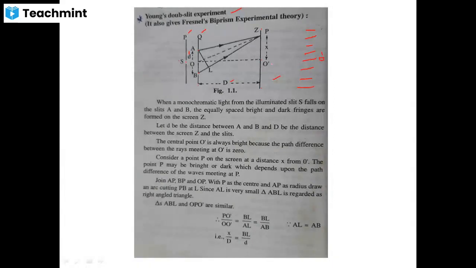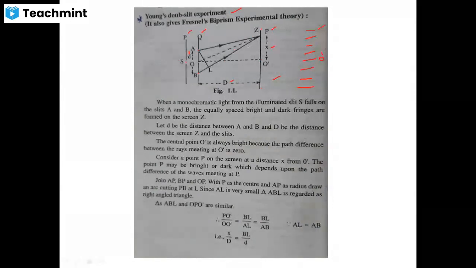Then from this central maxima, we have taken one particular band at a location P. Let's say, for example, I am taking this band. What is the distance from this band to this band? That is taken as X. So X is the distance from the central band to one particular band. I don't know whether this P is a dark band or a bright band, it doesn't matter. I am choosing one particular band for the purpose of deriving the fringe width expression, right? So one ray is AP, another ray is BP.